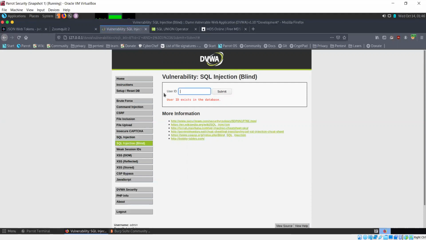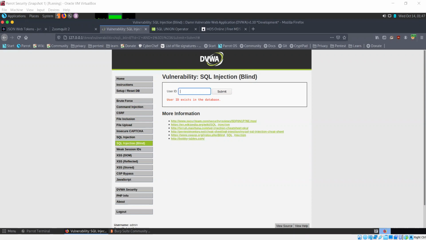User ID exists, that means our condition is true. Whatever we specified is a true condition, because of course 1 is a valid ID and 1 is equal to 1 is also always a true statement, so the result informs present.